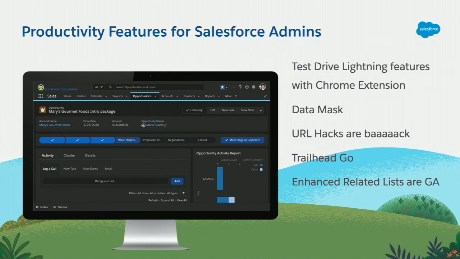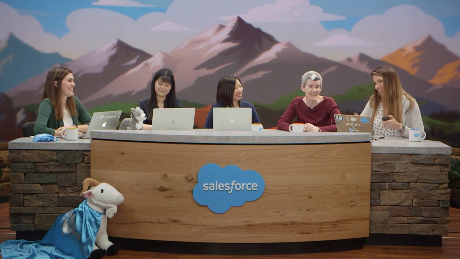We also have Data Mask coming in this release. This gives you more ways to keep your data secure throughout your entire deployment lifecycle by anonymizing data as you're working with sandboxes. If you have more questions about that, definitely dive into the release notes, and your platform AE will have information as well about how you can get hands-on with Data Mask. And URL hacks. We heard a lot about URL hacks the last few years. I feel like I must include them here. URL hacks are back, so if you loved URL hacks, they're back. I know, I tried to really get that across there.